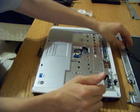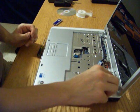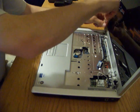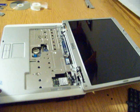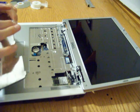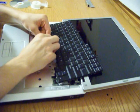Okay, after we do that, now we're going to put on the display assembly. So we're going to line it up at the end, and take the two screws and put them into the hinges on the sides. Okay, so after we put in the rest of the screws, we're now going to put back on our keyboard. Before we even screw anything in, we're going to take this little cable and connect it to the motherboard. I found it's easier if you just extend it out like this,